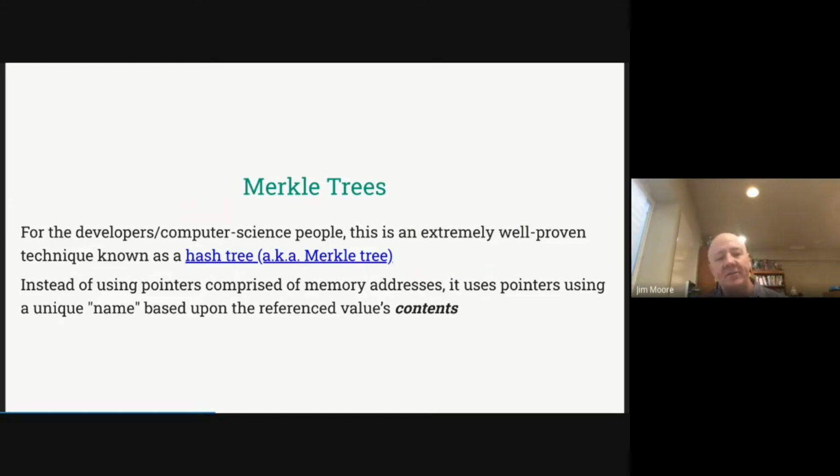Here, instead of using memory addresses for our pointers, we're using hash addresses, where we're hashing the content and we're creating the tree based on those hashes that identify the contents. Just like a memory address normally identifies the contents in memory, these hashes are identifying the contents of these blobs.